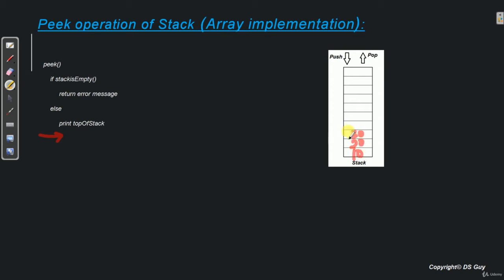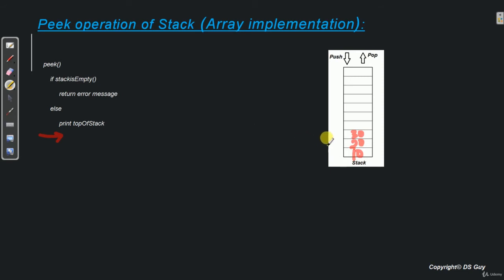When we are doing a pop operation, we take out 30 and top of stack now starts pointing to the next element. We take out 20 and top of stack again points to the next element. But in case of peek, we don't take out the element from the stack. We just see what is there at the top of the stack. We don't take it out.